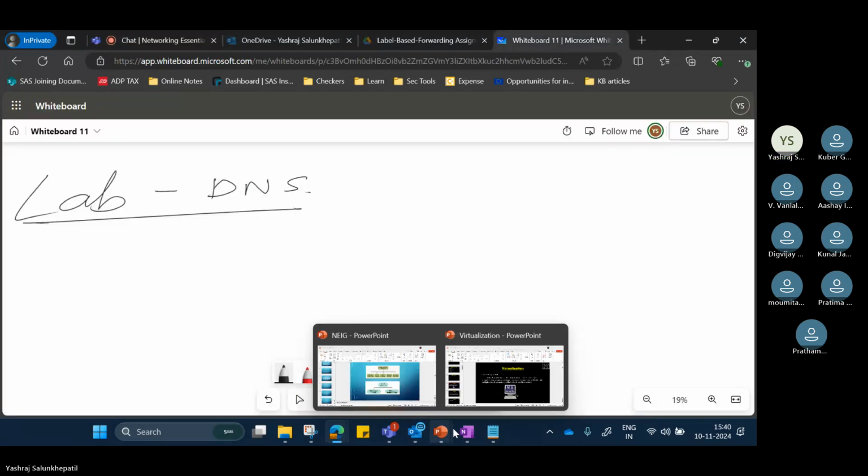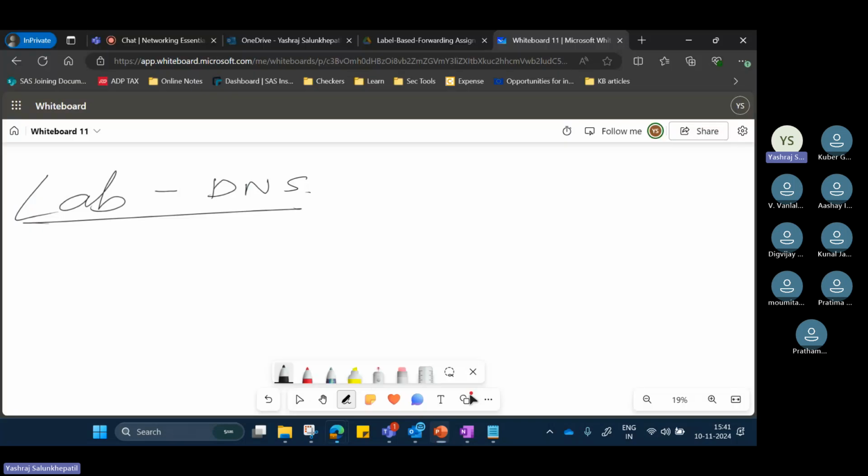Okay. Let's start with virtualization. Does anybody already have an idea of virtualization? I'm sure somewhere you must have done something regarding it. Really? Not even heard of it? Sir, heard of it, but not done anything like practicals. Okay. Practical तो ऐसे भी